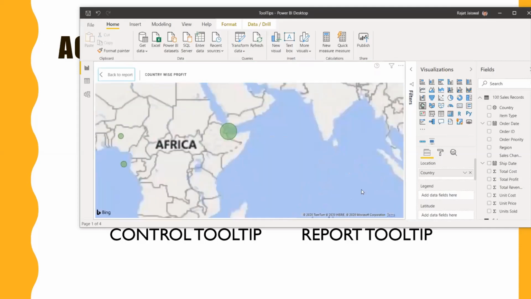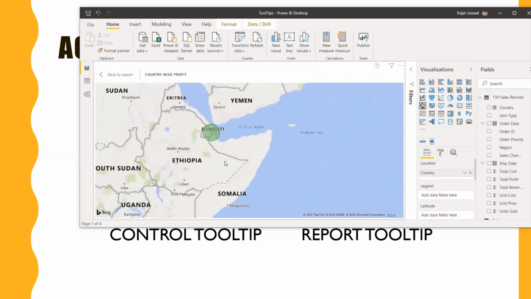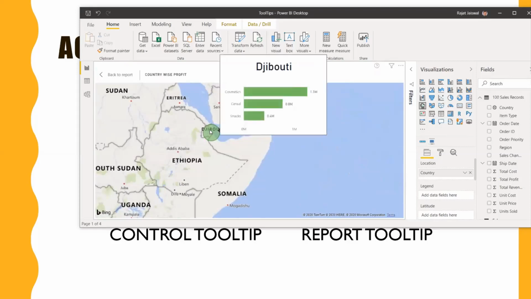Now let's suppose, okay, this is the country. Now let me hover over it, so you can see the country name, Djibouti, is there, and this is category-wise. If you want to know which category is giving us more profit, or which is in demand basically, you can see cosmetics obviously, and then cereal and snacks.